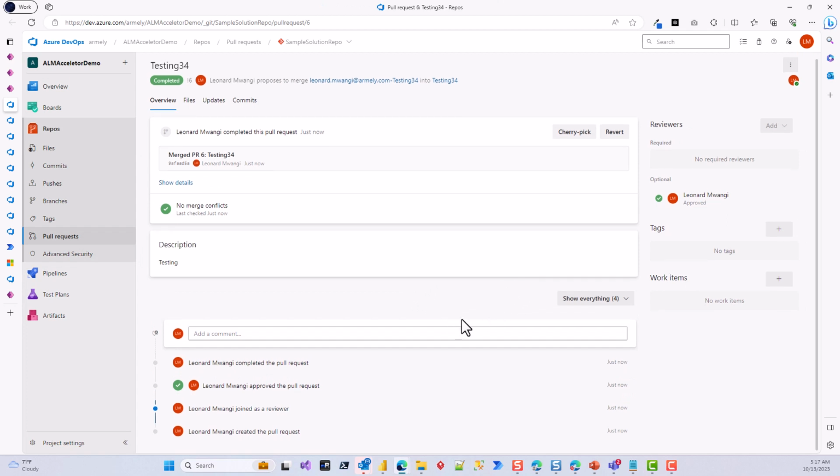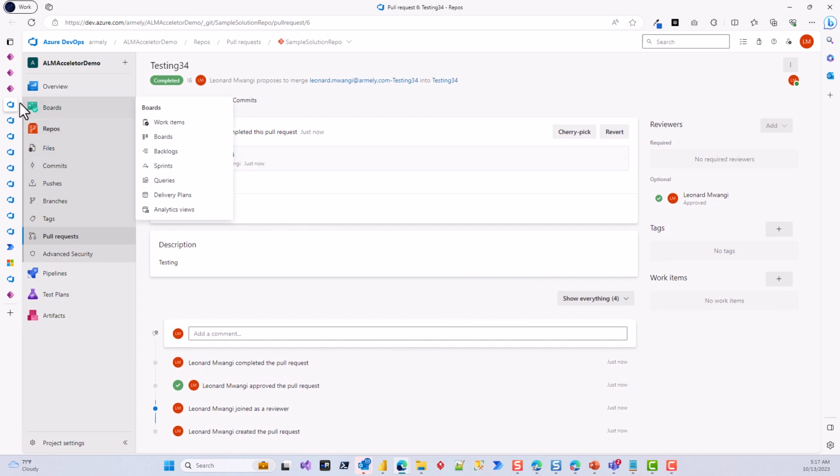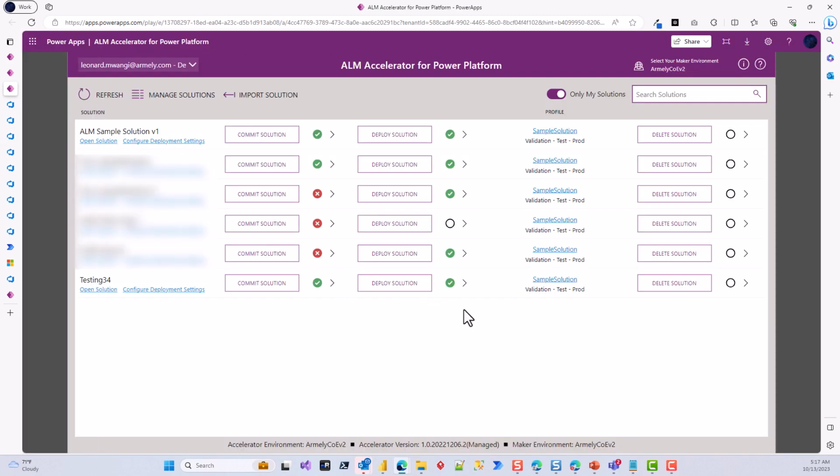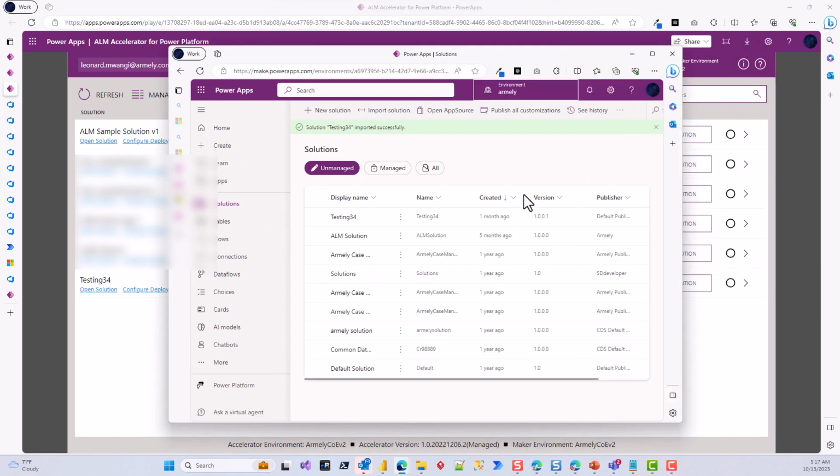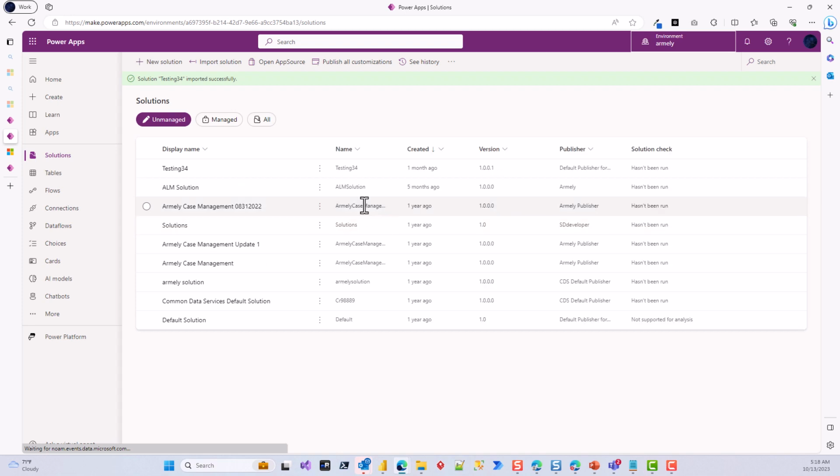Yeah, so this has completed, and we can see that at the very top here. I just needed to be a little bit patient over here. And there we go, we have our green check mark. So now I'm going to jump over to my other environment, which is where we deploy the app, and I'll bring that up in just a moment. I'm going to drag it from the other screen. So you will notice that I have this one here that just now showed up. So if I refresh this environment here,